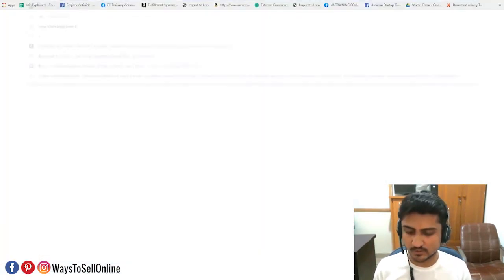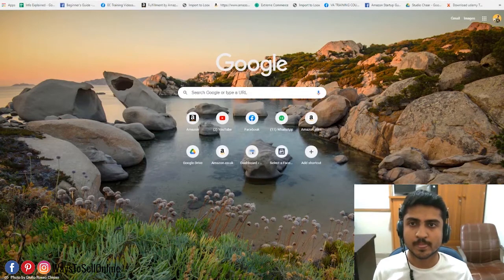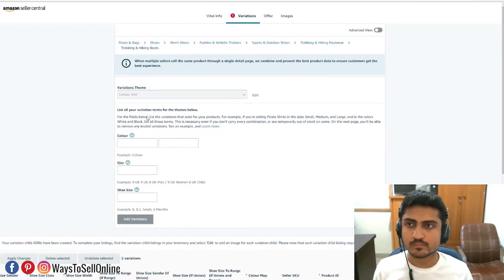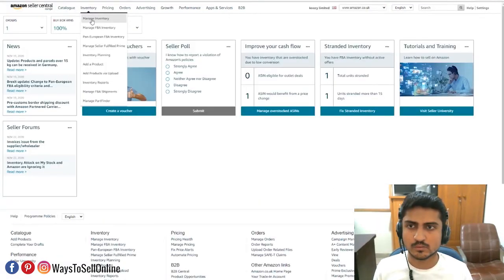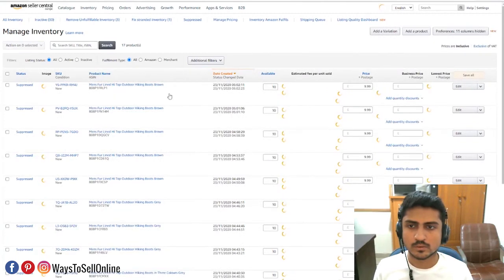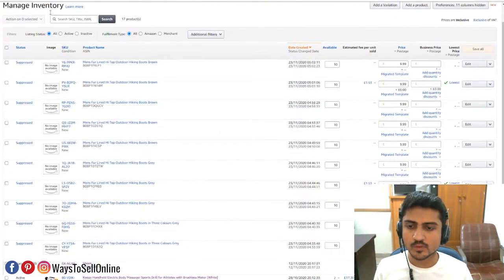So for the seller SKU we have to go to Seller Central, and then we have to find the SKU for the gray color shoe having 6 inch size. So from there we can see that we are having 5 brown shoes and 5 gray shoes. So at the bottom we can see that this one is a 6 inch size, 7 inch, 8 inch, 9 inch and 10 inch. So this is the seller SKU. We have to copy this,